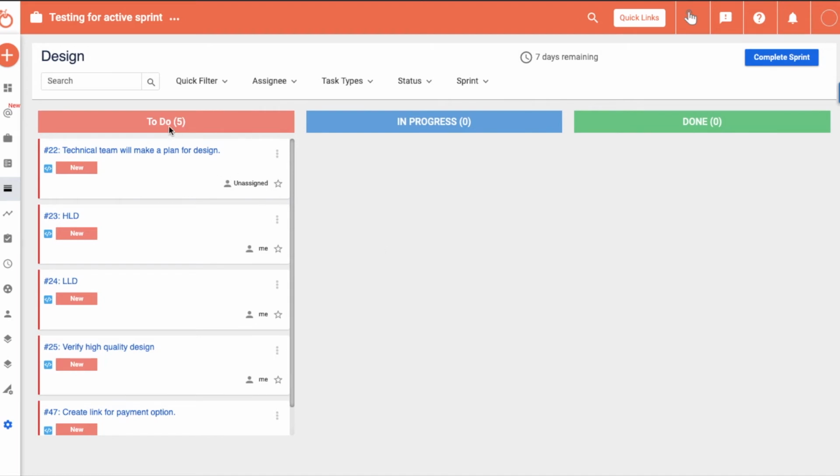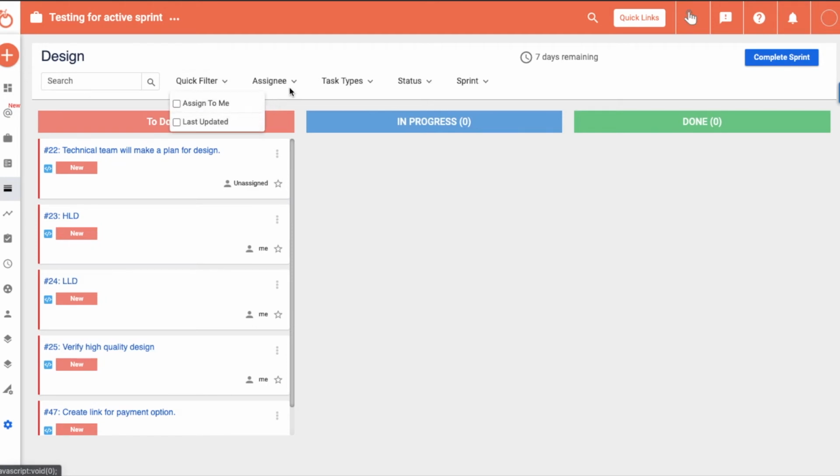You see the to-do, in progress, and done swim lanes, as per the Scrum methodology. Some notable tips to manage your Scrum board efficiently are as follows. Goals and timing comes first. Hence, based on your sprint duration, you see the number of days remaining for you to complete the sprint at the top. In the next layer you see a series of quick filters for you to refresh the Scrum board